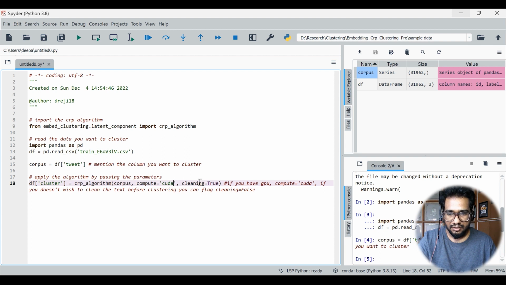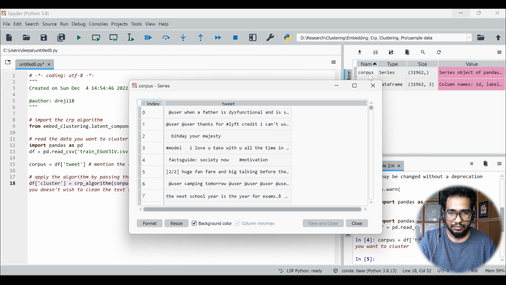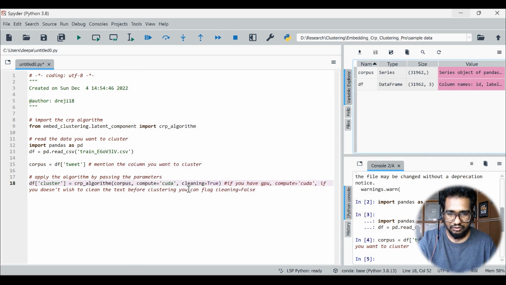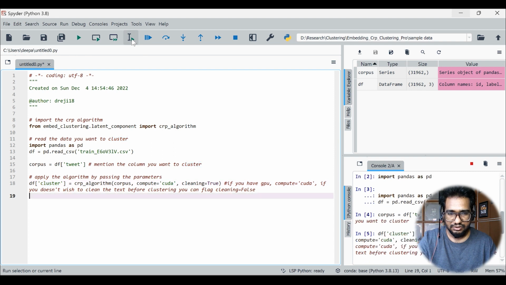If you want to clean this data, there is a bit of cleaning procedure which might help in clustering. Because it's an embedding technique, it purely depends on the data set which you are working with. If you want to clean, you can give cleaning equal to true. It will do some basic level of cleaning, and if you don't want it, you can just leave this argument aside. You just have to mention the column name where the cluster numbers have to be defined. That's it. So just run this line,